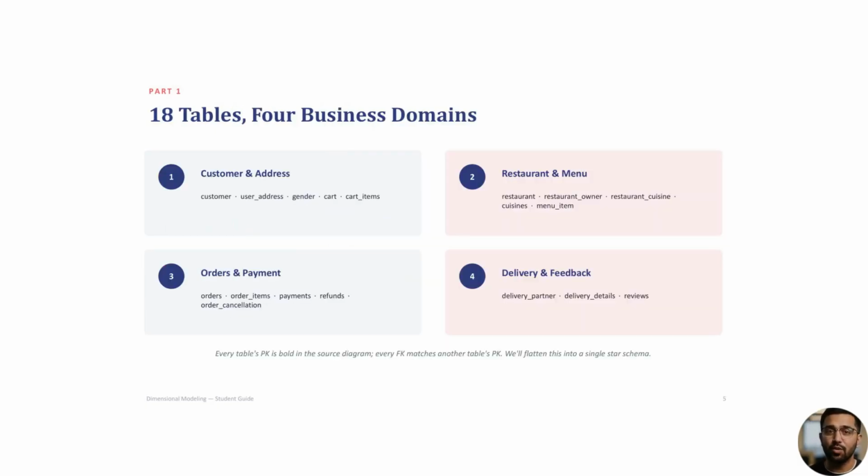In this section, we explored the 18 tables across 4 business domains crucial for our data model. Starting with customer and address, we have tables like customer, user_address, gender, cart, and cart_items. Next, the restaurant and menu domain includes restaurant, restaurant_owner, restaurant_cuisine, cuisines, and